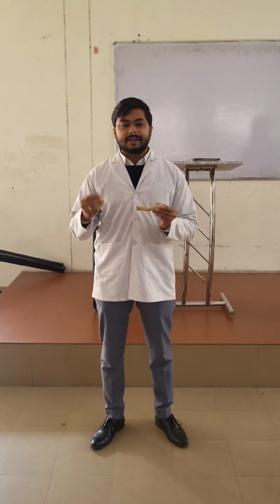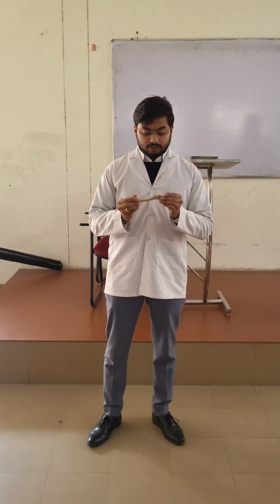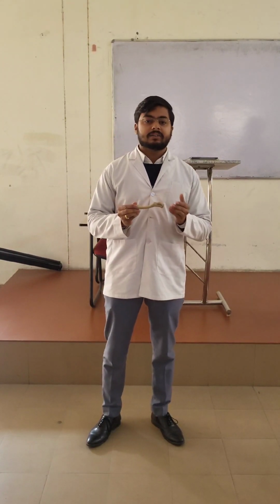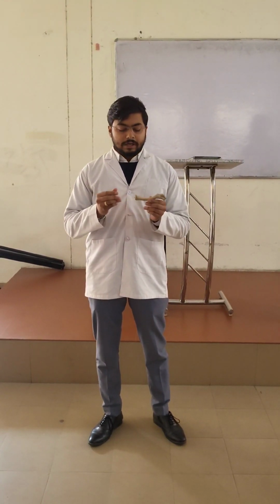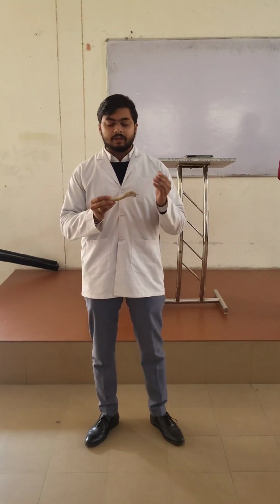Now in the medial two thirds, there are four surfaces. First, on the anterior surface there is the origin of pectoralis major, and on the posterior surface there is the origin of the sternohyoid muscle. On the superior surface there is the origin of the clavicular head of the sternocleidomastoid muscle. The inferior surface is divided into two parts.